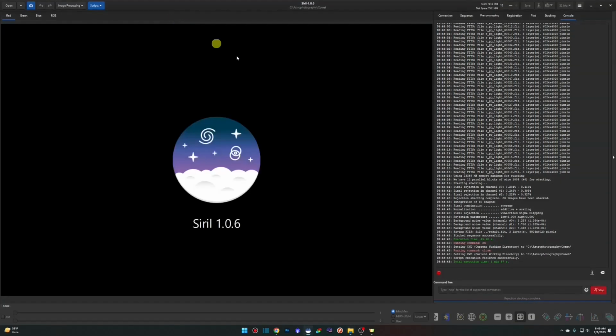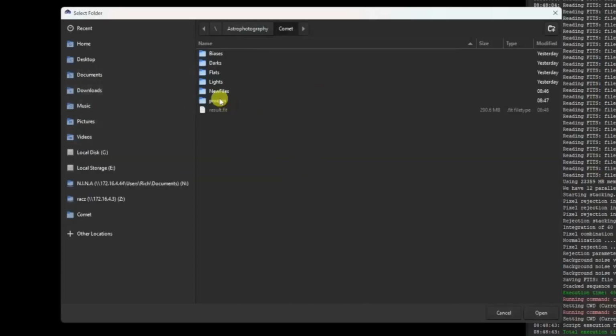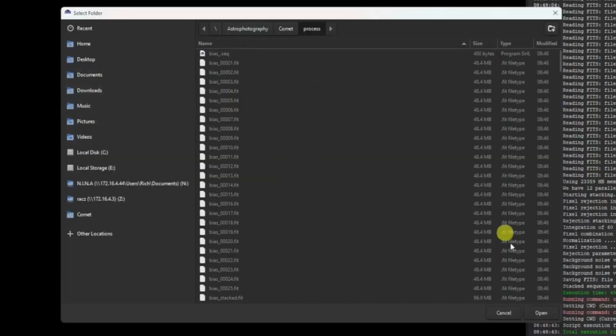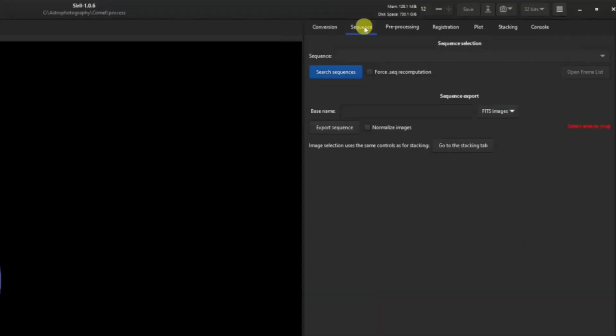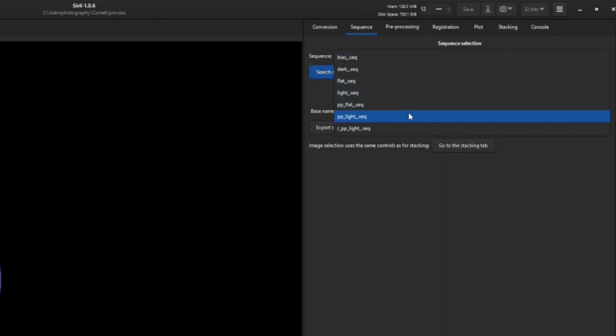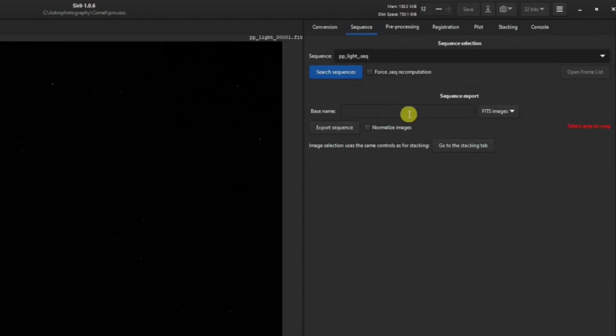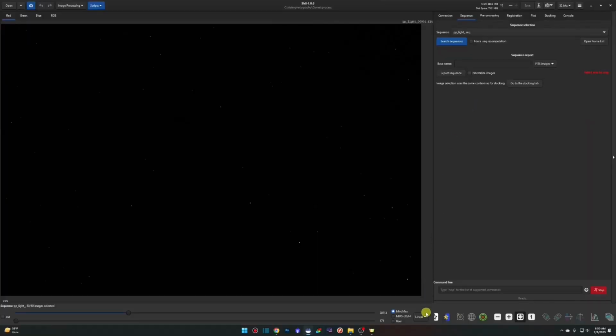So we need to change our home directory in Siril. So we'll back up to the blue house button here, and we're going to double click on process and click on open. The next step is we're going to come over here to sequence, and then you want to hit the blue search sequences button. And what we're looking for is pp_light_.seq. Select that, and then we're going to come down and take our view out of linear, put it in auto stretch,